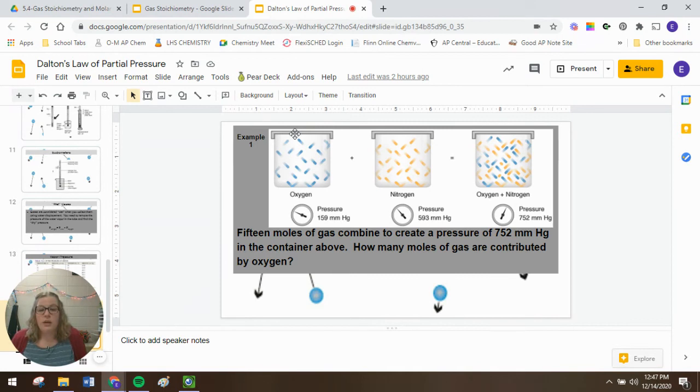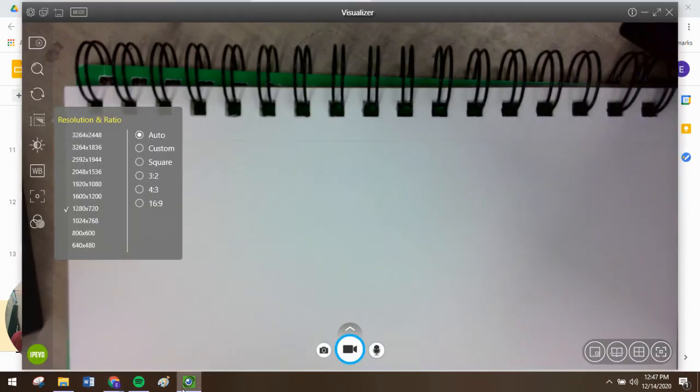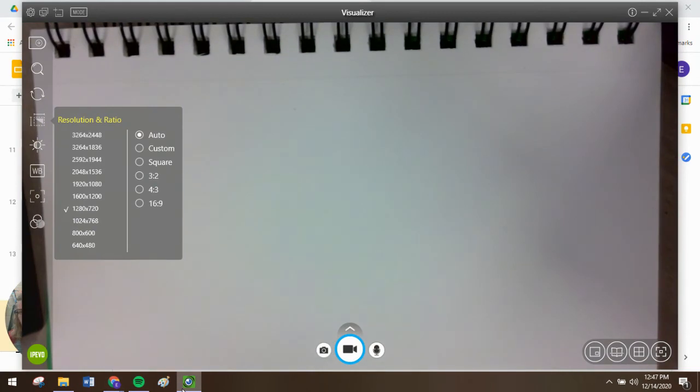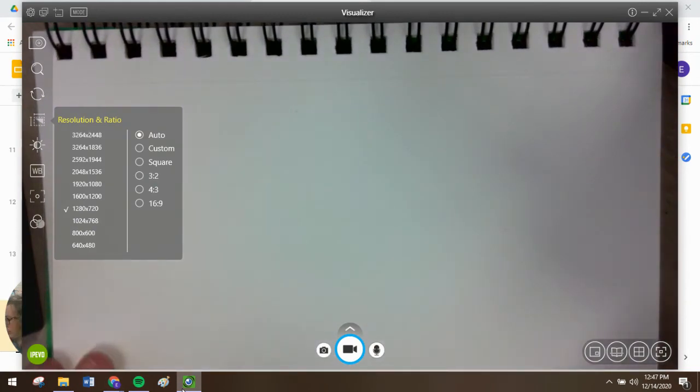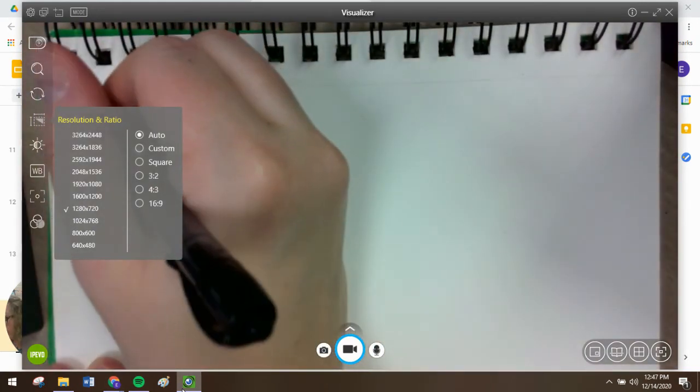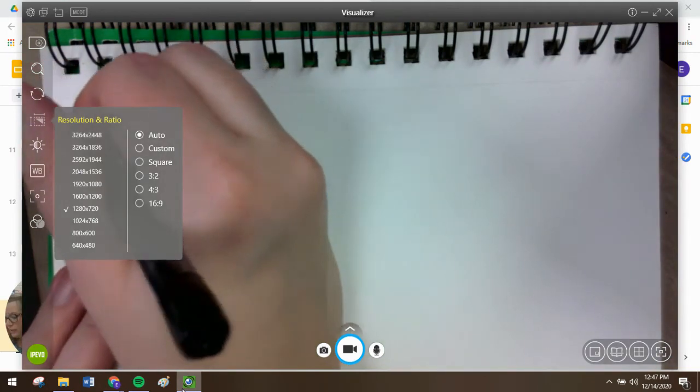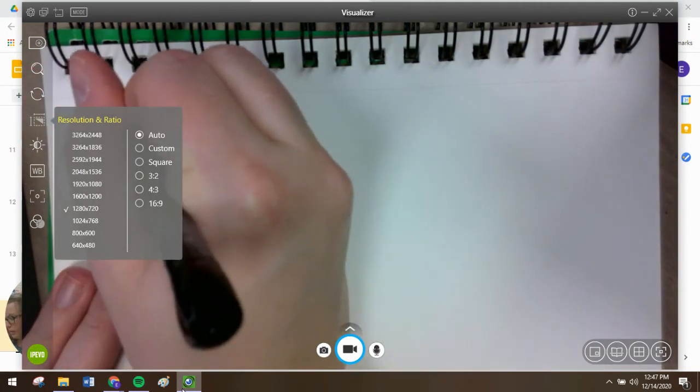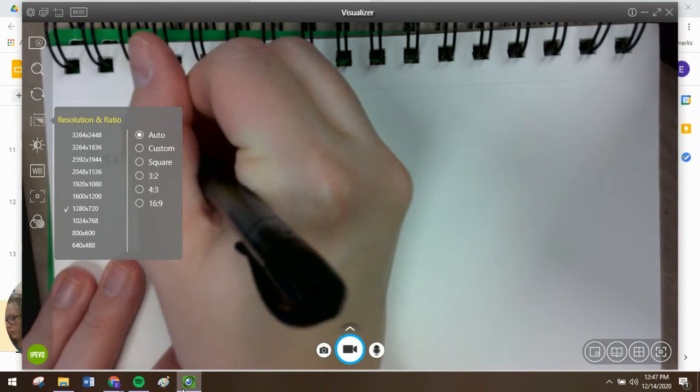Okay, so if I take a look at this problem, I have my 15 moles of gas and I'm only given the pressure, but I don't know how many moles of each of them I have. However, what is important is I know the pressures of each of these individually, and that's going to be super critical here. So if I know that my total pressure is 752 millimeters of mercury,